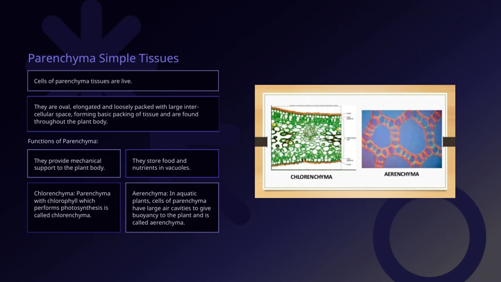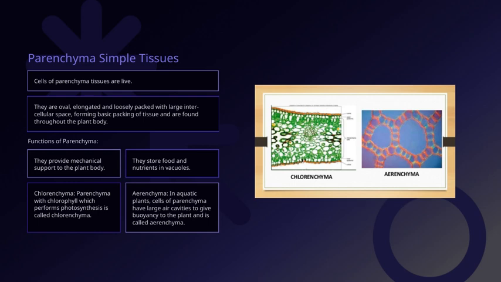Parenchyma also acts as a storage unit. The cells store food and nutrients in vacuoles, which helps the plant survive periods of scarcity. In aquatic plants, there's a special type of parenchyma called aerenchyma. These cells have large air cavities that give the plant buoyancy, allowing it to float more easily on water surfaces. This adaptation is crucial for aquatic plants to thrive in their environment. So, in summary, parenchyma tissues are versatile and fundamental to a plant's structure, support, storage, and even photosynthesis, depending on